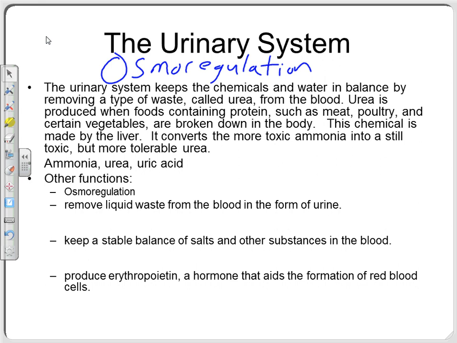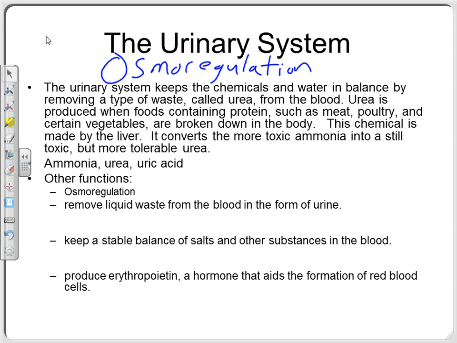And this is something I want to make sure you understand today. We talked about it last time, but I want to focus on it. One of the other jobs of your urinary system is to get rid of what kind of waste? Nitrogen-containing waste, nitrogenous waste. Where do you usually get those from? Eating what foods? Proteins, meats mostly.